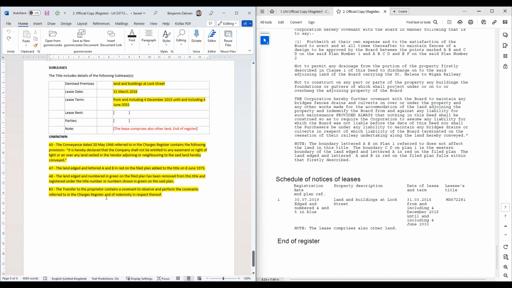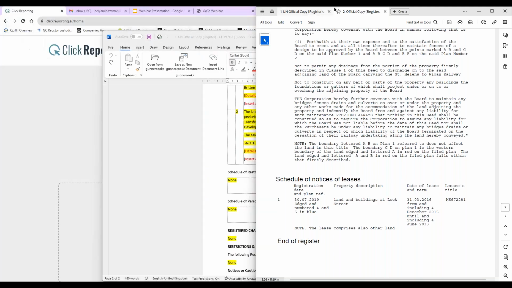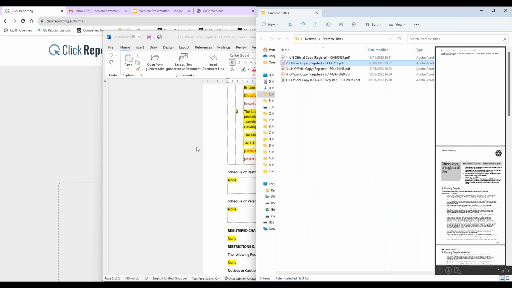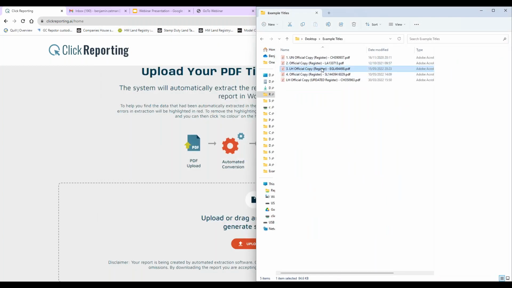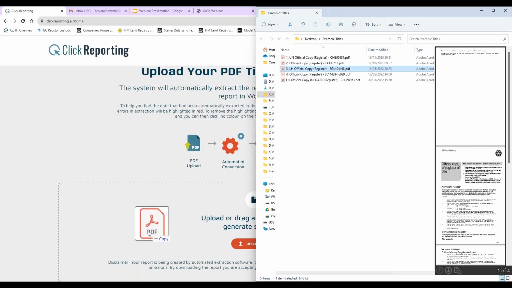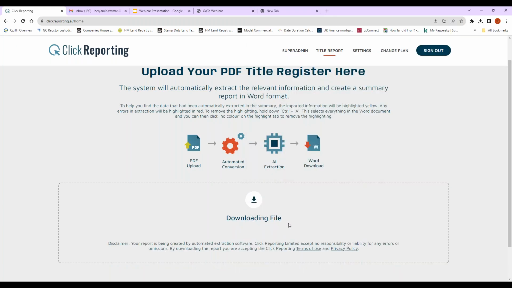So the next title I'm going to show you is a leasehold title, and I'll show you how it extracts the information from that. So again, just taking the PDF title register, and as I said before, this could be dragged from an email, and then I let go, and then it tells you